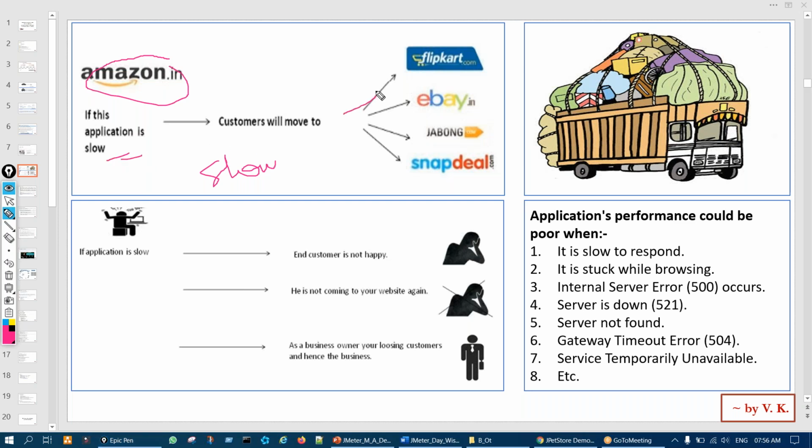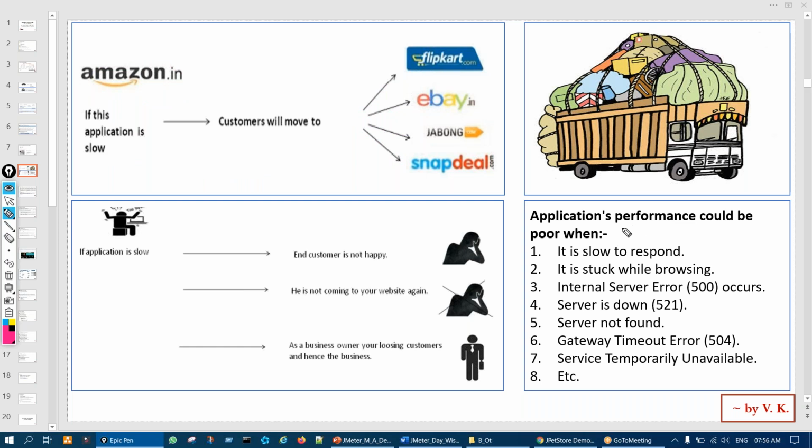And then customers will move to other competitor platforms. That's why performance testing is needed, so that we can make our application robust, customers are happy, and my business grows.